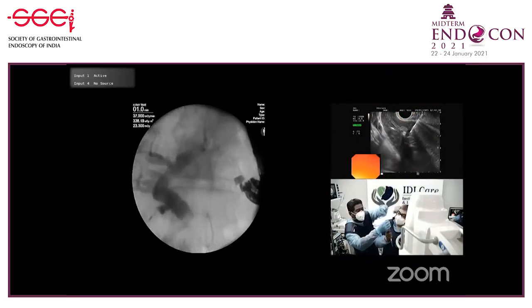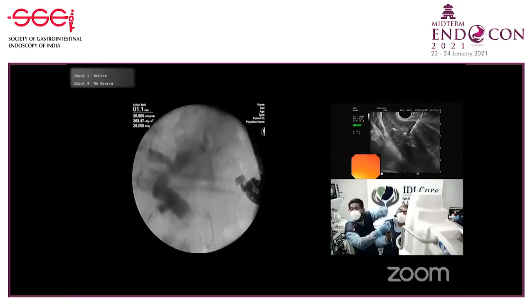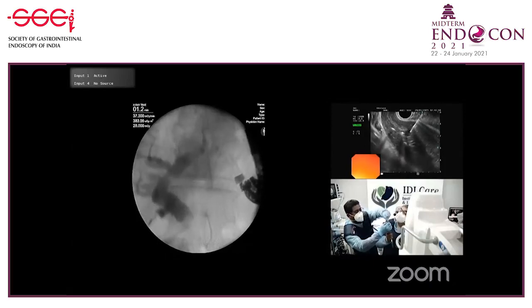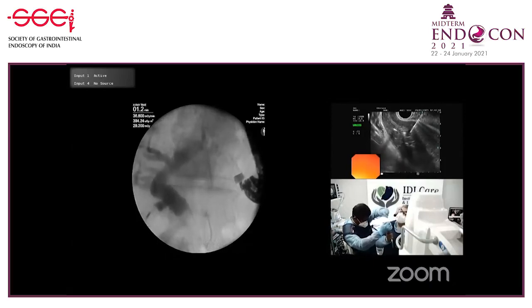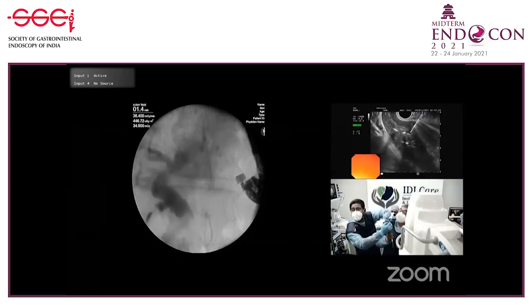Are you seeing my needle? Fluoro is not live, I think. Yeah, now you can see. So now if you see on the fluoro, please concentrate on my needle position. You see the needle? It is going acutely in one direction. So we have to take out this wire gently and see that it goes in the direction that we want. It should not go in too many directions, because wire shearing is a very big problem with US guided procedures. This needle is very sharp.